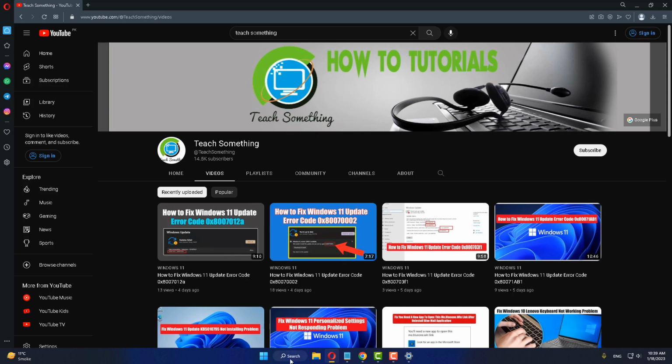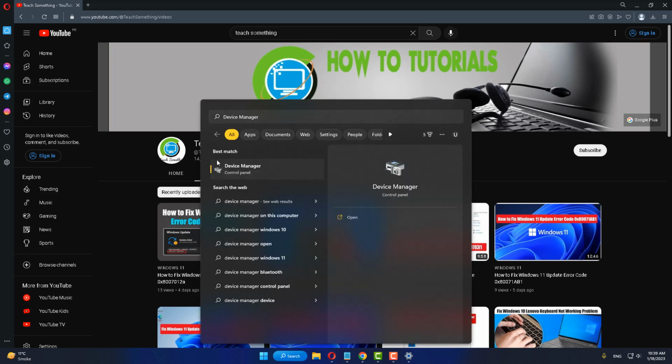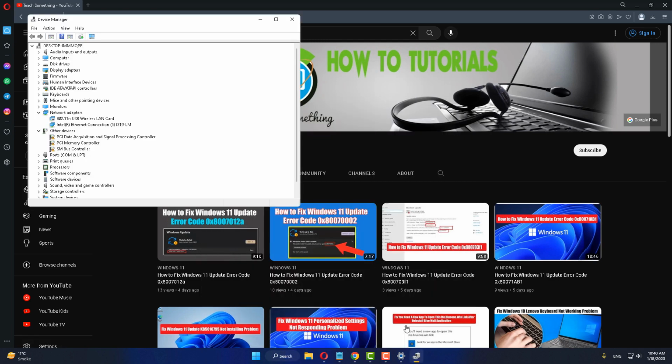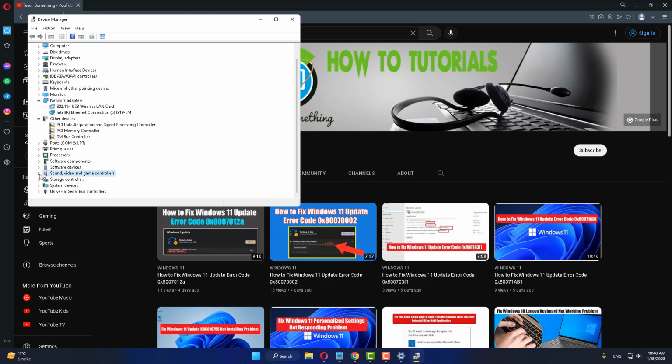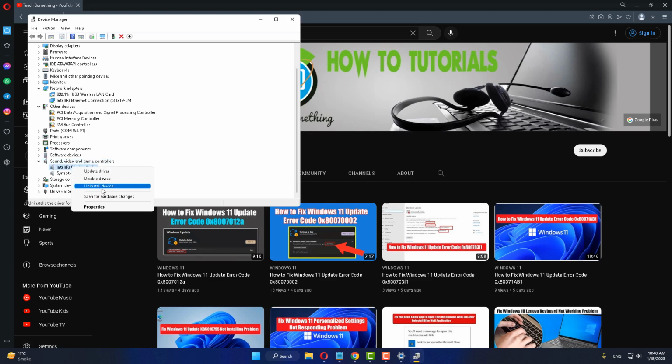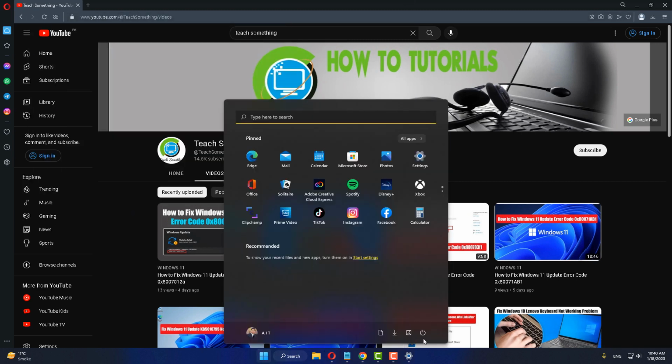The next method is that in the search box type device manager. Open device manager. Scroll down and find and select sound, video and game controllers and select the audio driver. Right click and uninstall the device. After uninstalling the device, restart your computer, and I'm sure that after restarting your computer your problem is